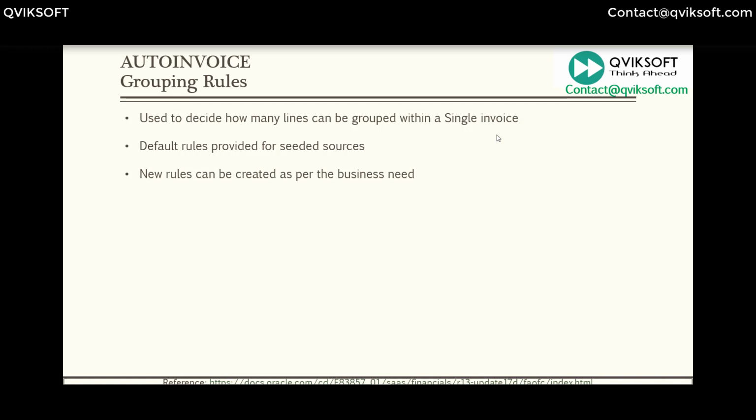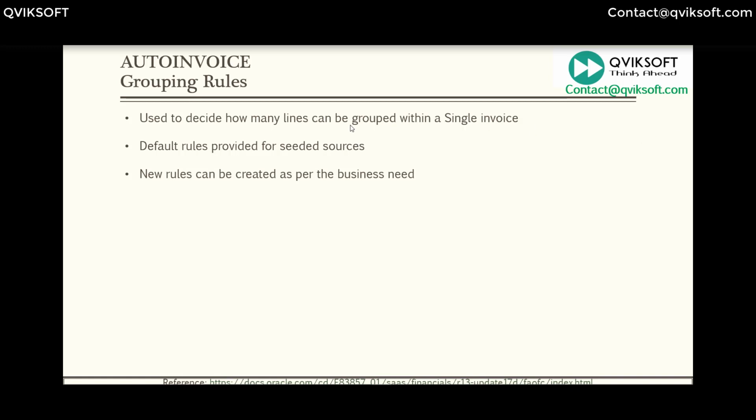Let's say you're sending thousands of lines. How does the system know how many invoice lines to group, how many invoices basically? Maybe in your older system you have 10 invoices, but when you're creating them in the table you want to group them into one invoice. So how do you tell that to the system? How does the system decide, based on the number of lines, how many actual invoices are to be created?